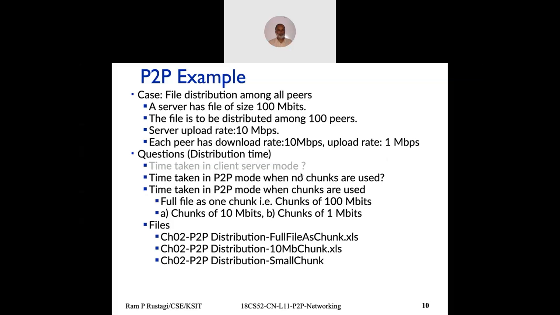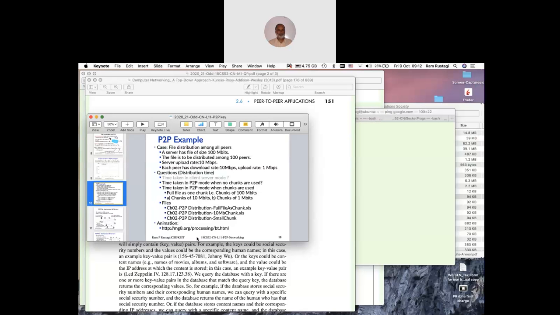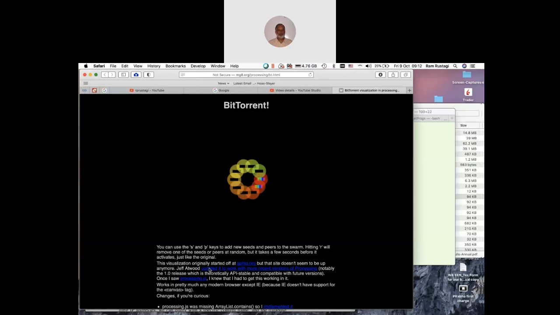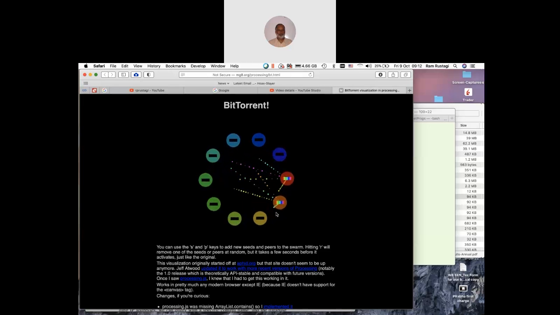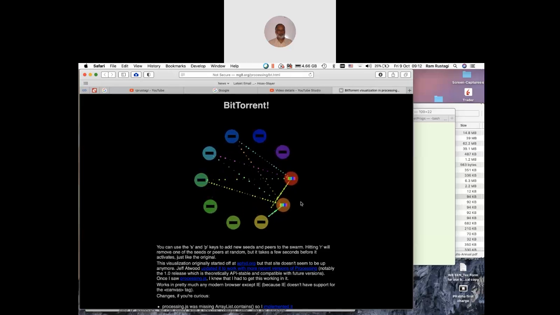Now, go through the file, look at how making a smaller chunk improves the performance time. And there's a URL there which you can look at that briefly tells you how the P2P or BitTorrent kind of network works. So if you look, there are two servers trying to send data.